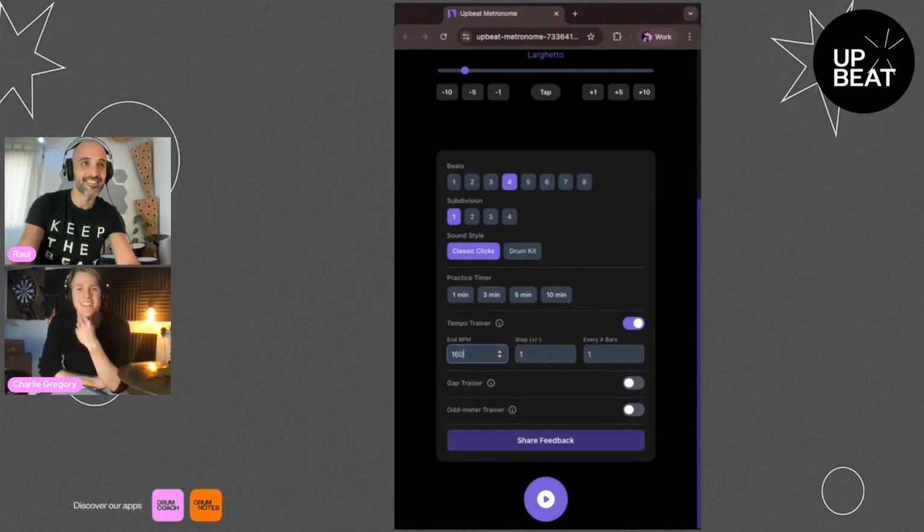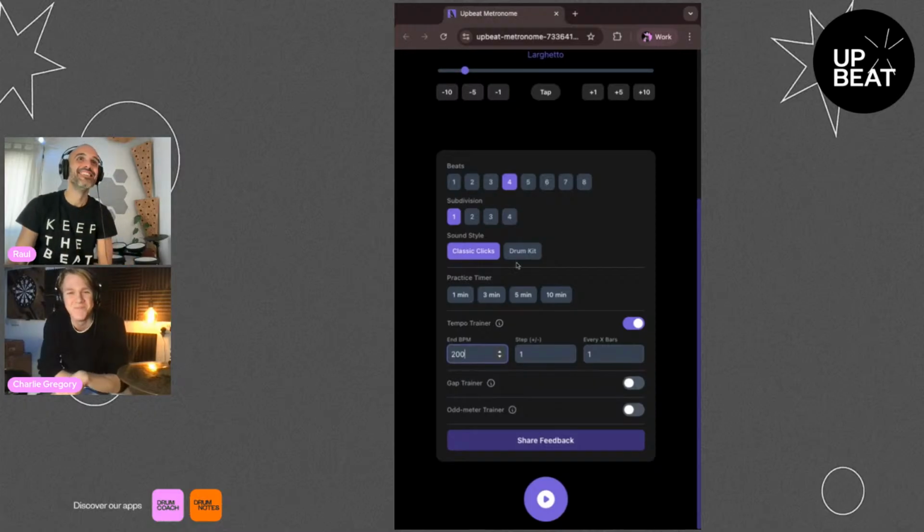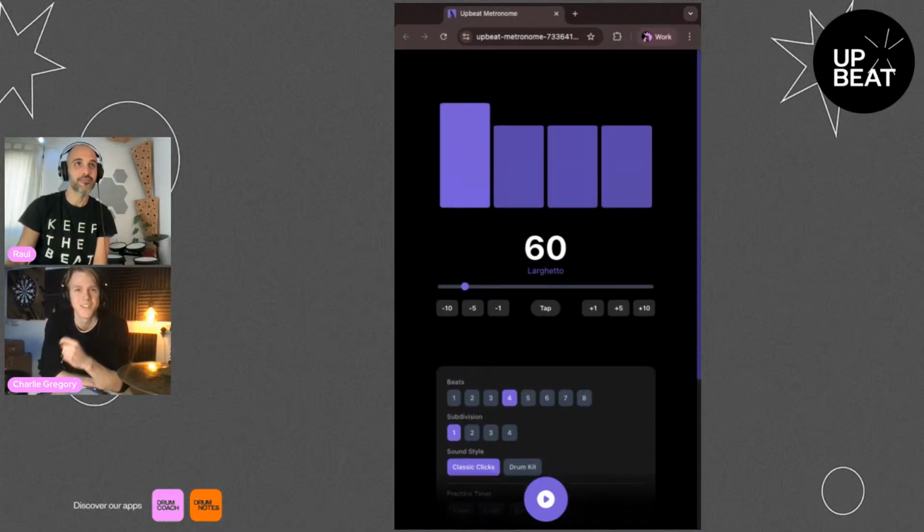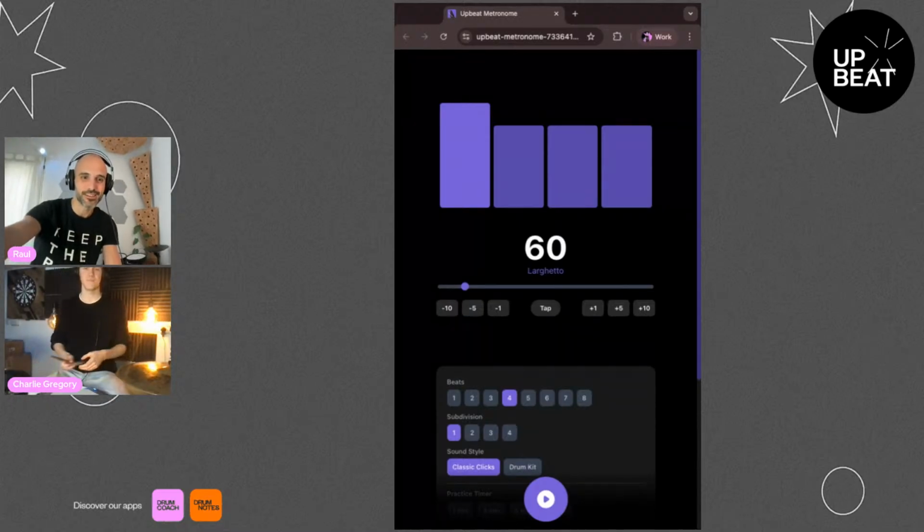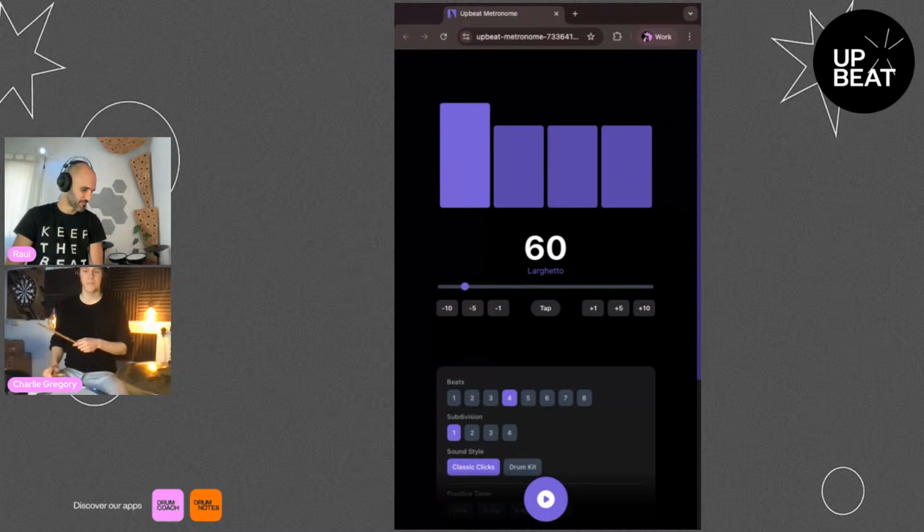I'm screwed. Can we do 200? We've got to try, right? All right. Oh my god, I'm going to burn my hands. So every bar, it's going to go 1 BPM higher. Do you want to show what the double stroke roll is, so if someone is doing it, they can do it together? Yeah. The double stroke roll is two notes on each hand, essentially.